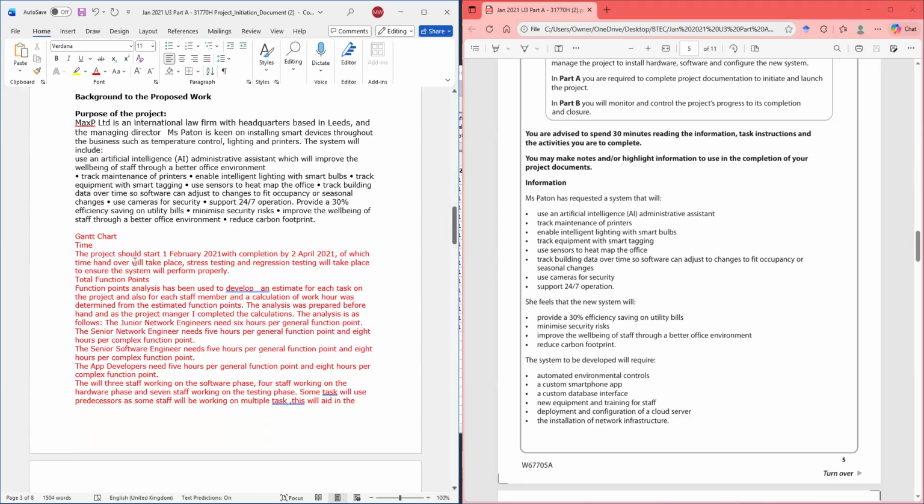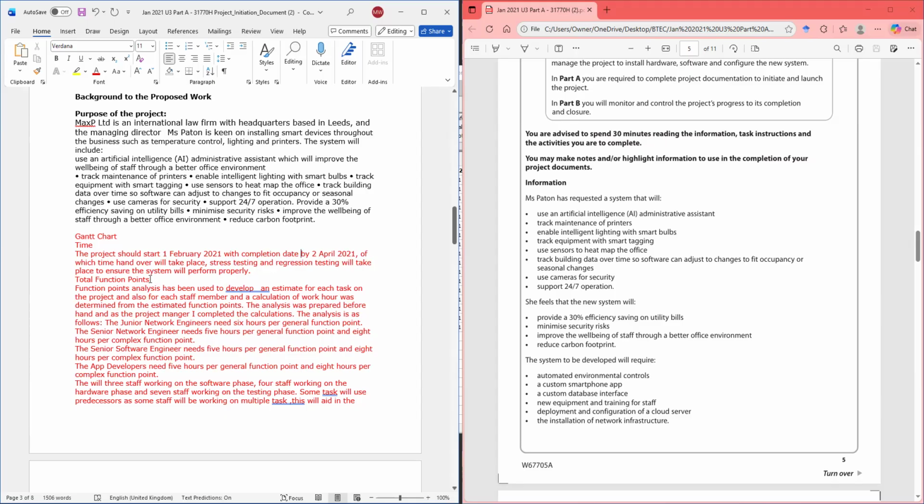So the project is expected to start on the 1st of February 2021, with a completion date of the 2nd of April 2021, at which time a handover will take place. Stress testing and regression testing will take place to ensure the system will perform properly. So we have to say that.